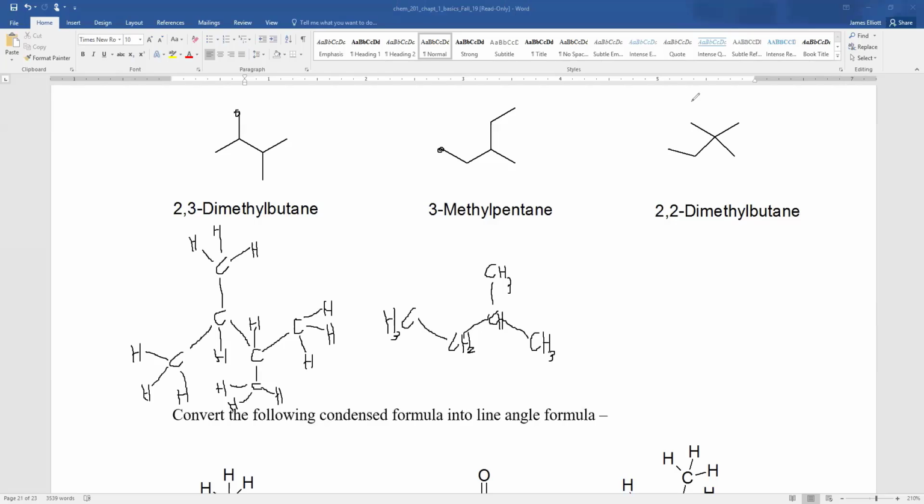Final one, if I take this top corner here, so carbon up there, down to this carbon at the center of the X, carbon here, carbon here,